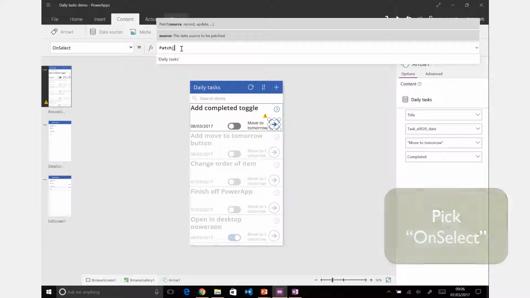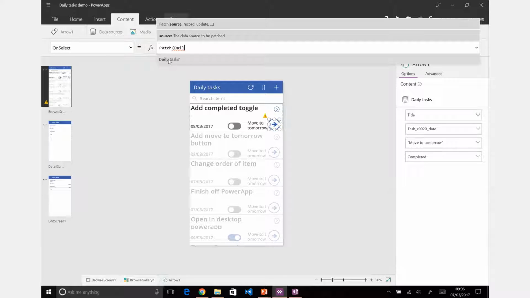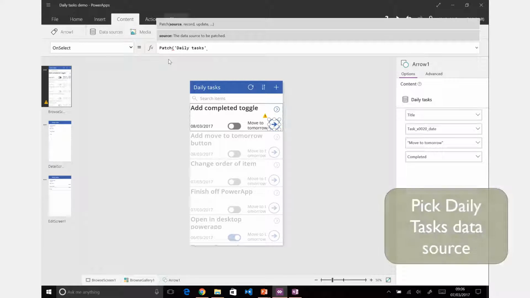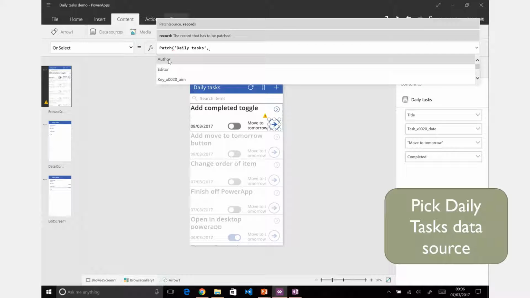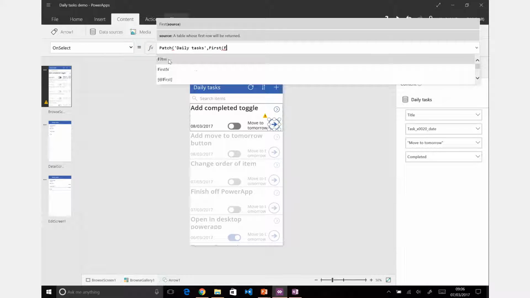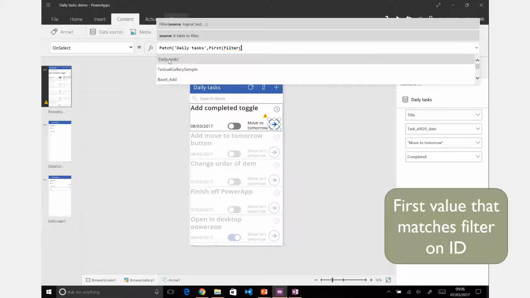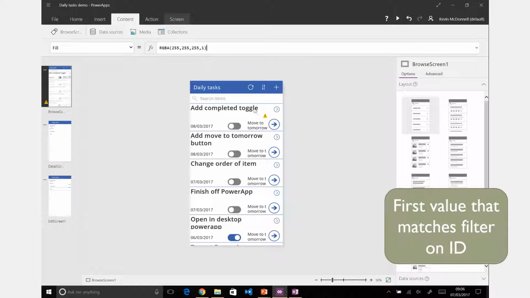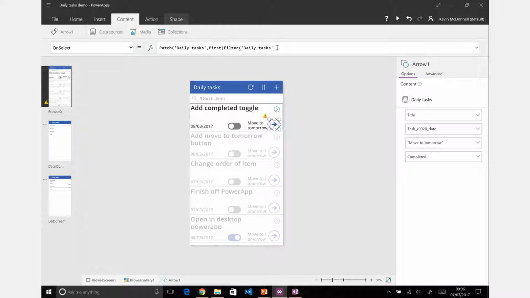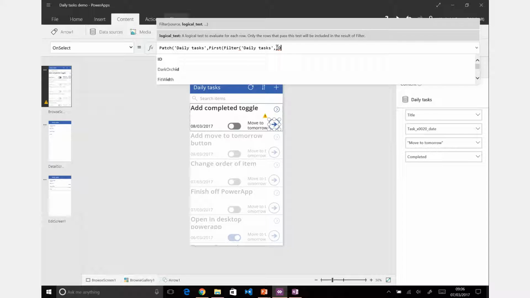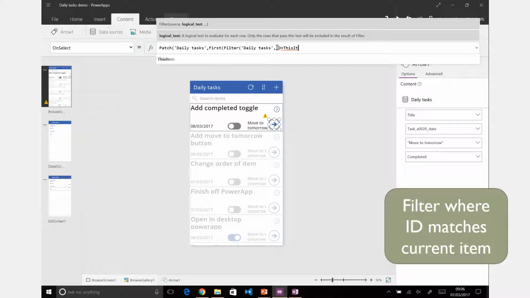Now what this does is it writes to a source a specific record and sets the fields that you want to update on that. So the source we want to use is the daily task data source that we've got created. The record we want to update, we want to take the first value that matches on a filter. I'm going to filter daily tasks, which is the data source we have selected, where ID equals this item, which is the item within the gallery,